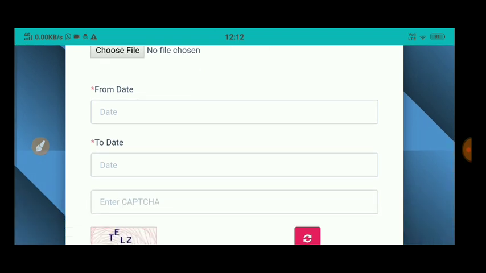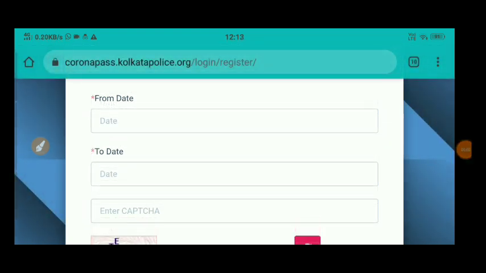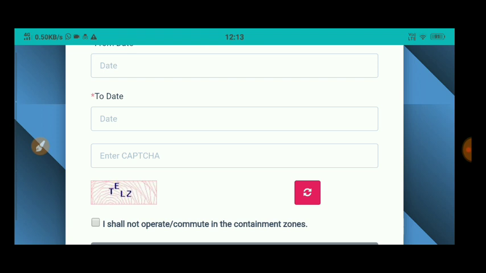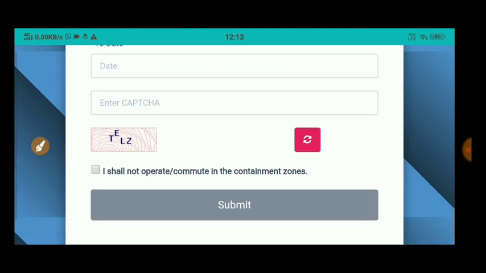And for the last process, you just have to write a form. For example, today is 21 May and you have to work till 29 or 30 May, so you have to write the to date, and here is given the captcha. If it is capital, you have to write capital, and if it is small letter, you have to write in small letters.